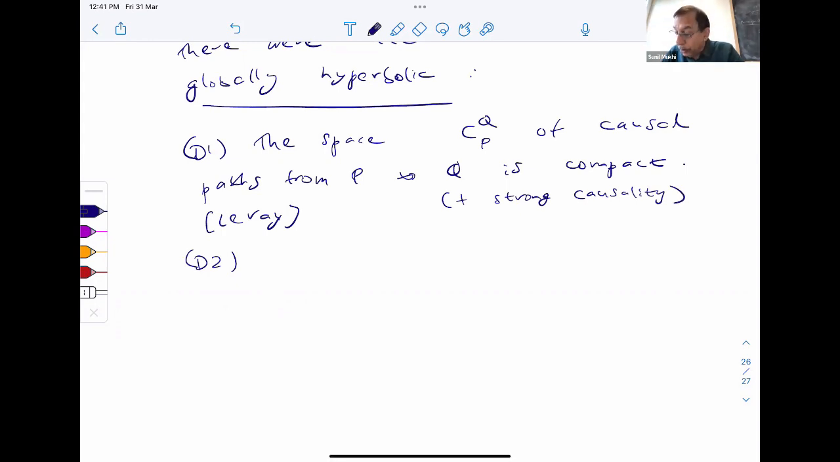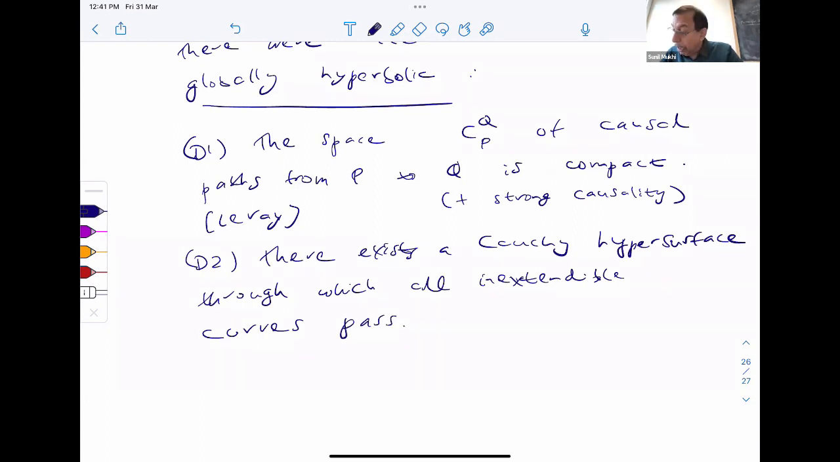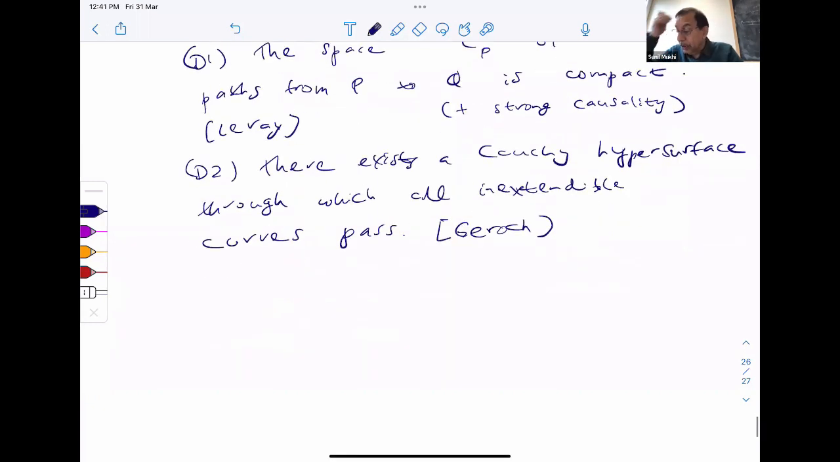Definition 2, which will be more familiar to you: there exists a Cauchy hypersurface through which all inextendable curves pass. And this definition is the one we gave last time. And from what I could make out, this definition is due to Geroch, who was a leading theorist at Chicago,